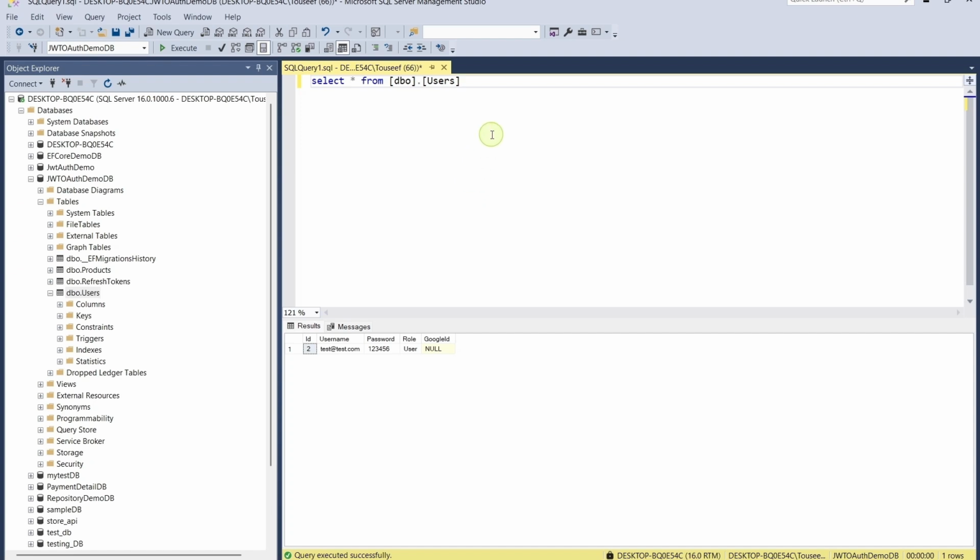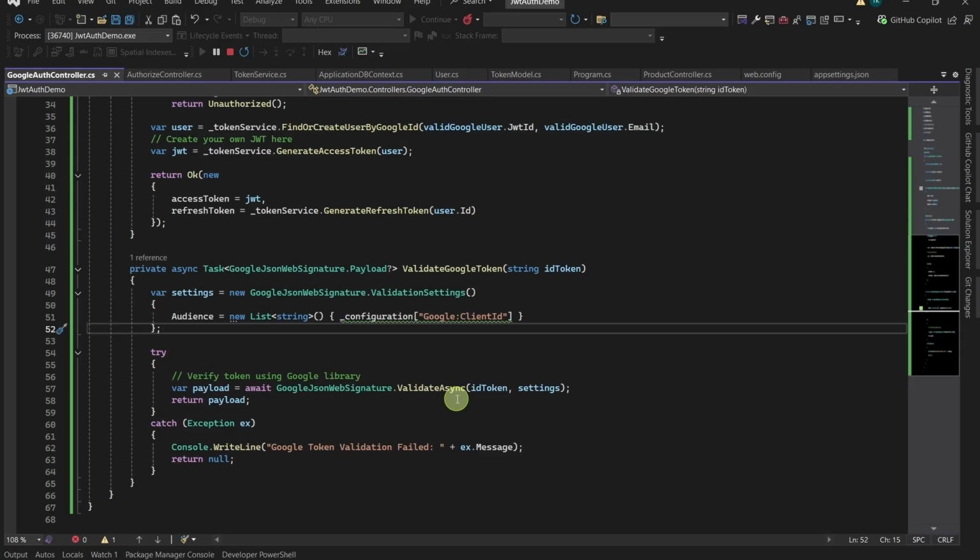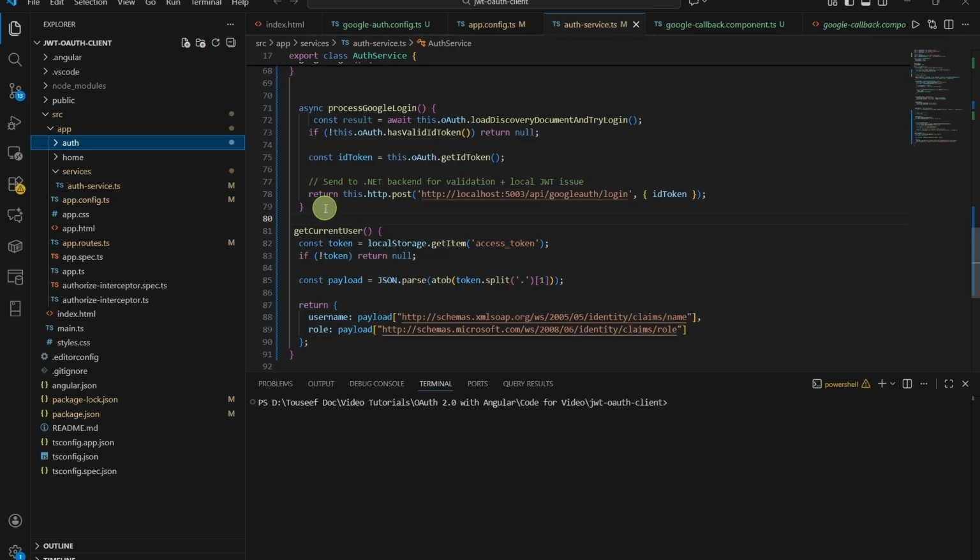First, we go to the database. We have only one application user for now, right? There is no Google user in our database. All right, now all the coding part is done, both on Angular and .NET Web API. So, let's test the complete OAuth 2.0 flow and see if everything works perfectly. First, we need to run both our applications, our .NET Core Web API backend and Angular frontend project. Now I shall open the Angular application in the browser.